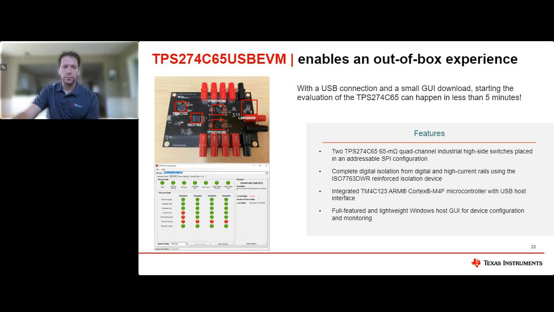a buck converter, which allows you to provide the low voltage power supply for the 274C65, as well as an isolation barrier and a microcontroller to allow you to interface with the GUI and also control the TPS-274C65 over SPI. This is available in addressable SPI configuration, and the EVM has a very nice GUI that